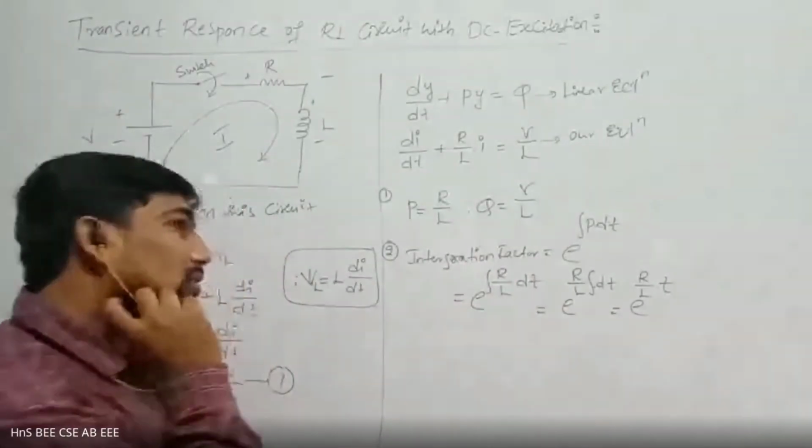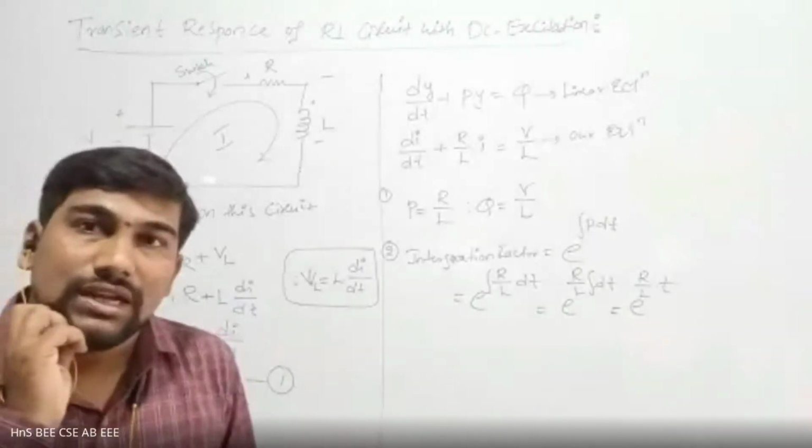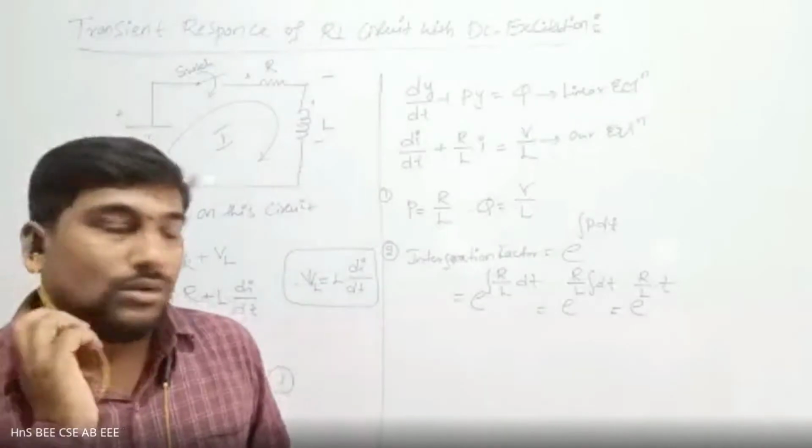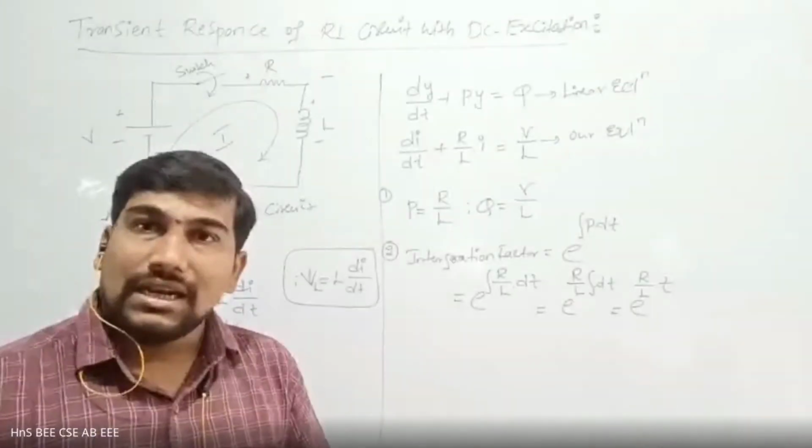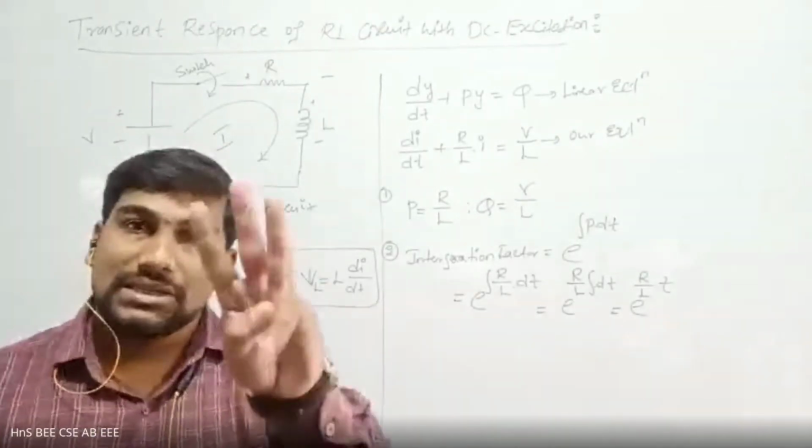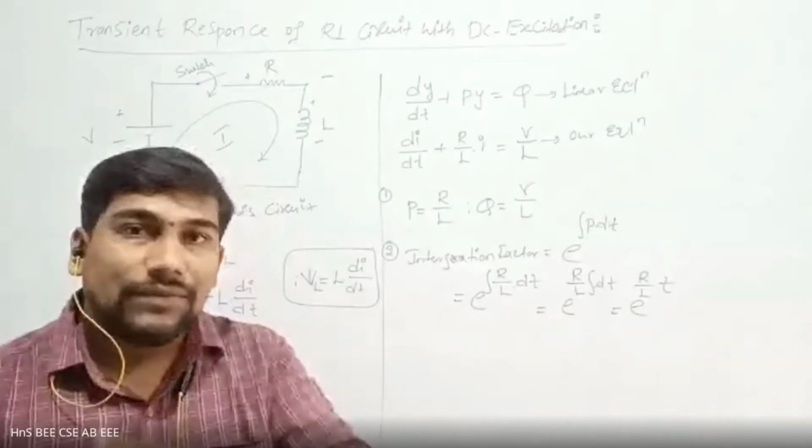Sir, whenever we are talking about a linear equation, in total we have 3 conditions. To find the general solution of a linear equation, there are 3 compulsory conditions. I am just finding out those conditions only.